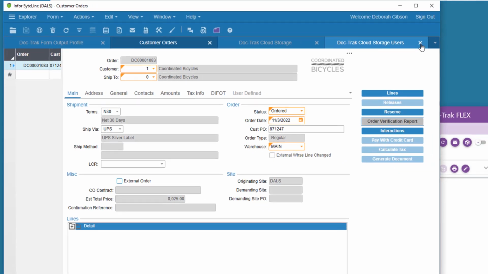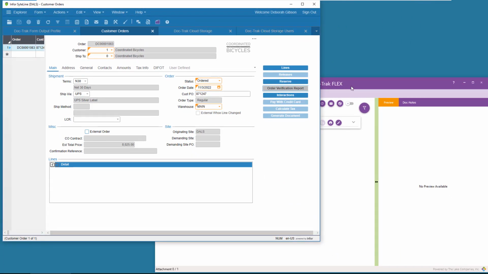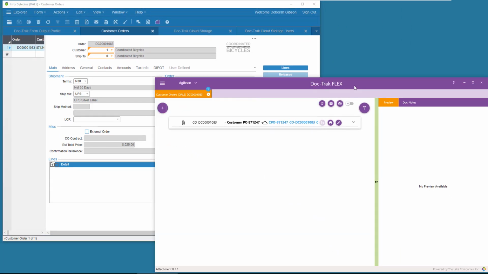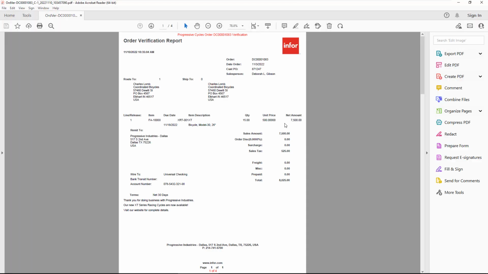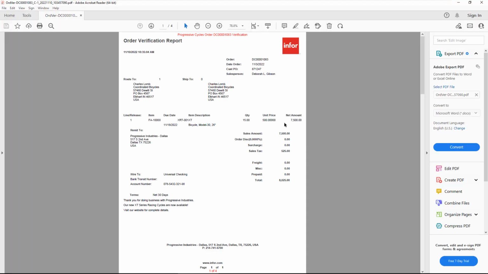Now I'll go back to DocTrack Flex, refresh it a few times, and here's our new report. Keep in mind that cloud attachments don't appear in the previewer when you select them. But when I double-click it, it opens just fine.